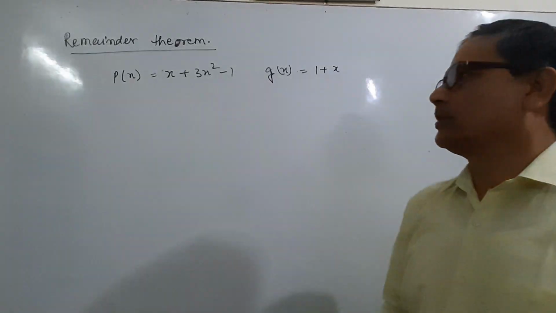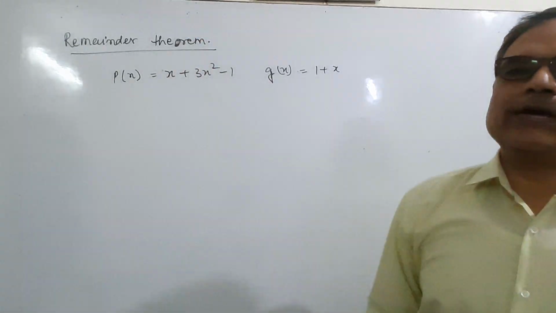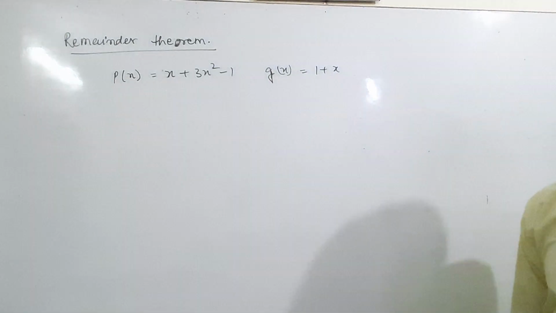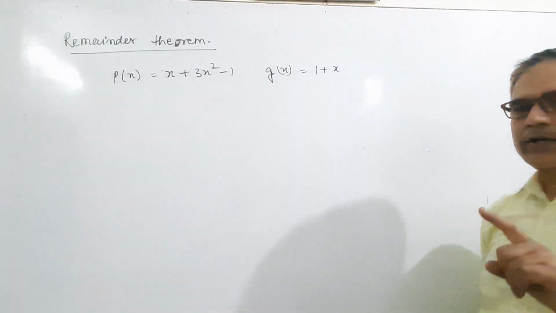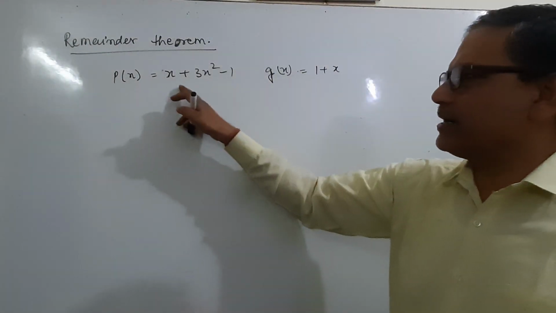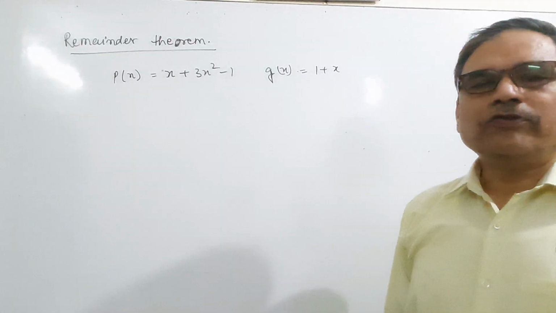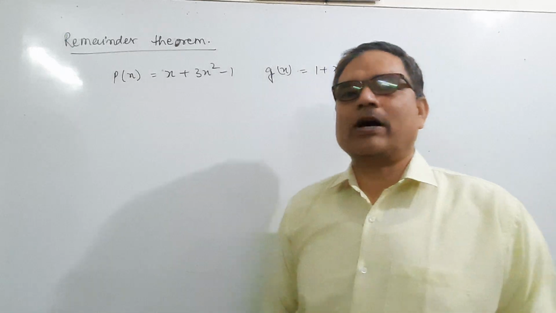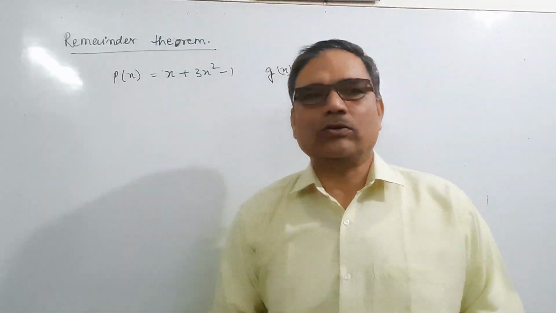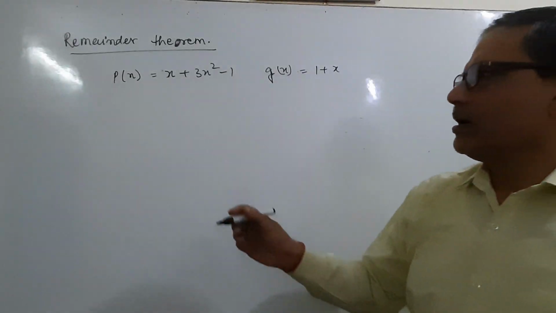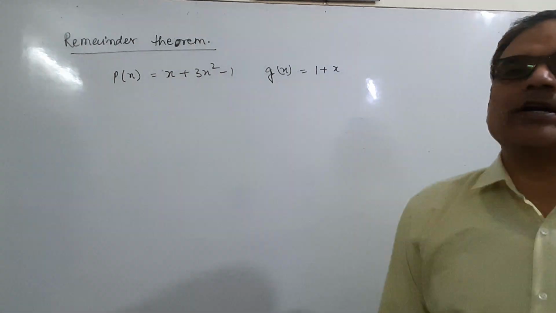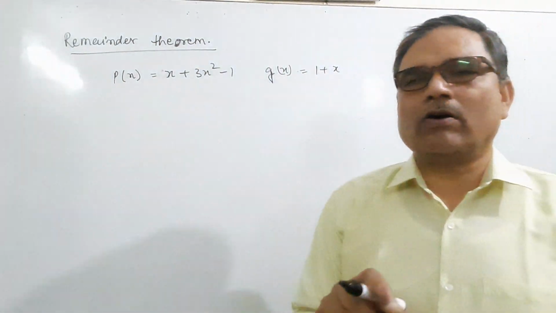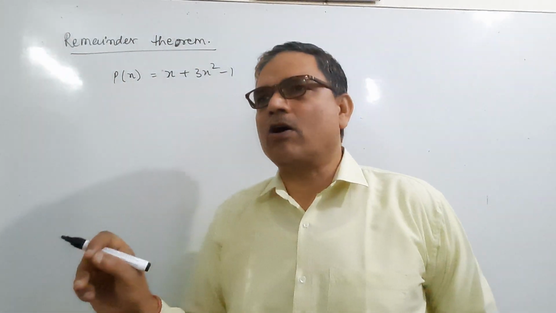Listen carefully. Now I am dividing p(x) by g(x), which is 1 plus x. Here are two terms. If there is one term, then we can divide separately. If there are two terms, then check how we have to divide. And this division you have also done in 8th class. First we have to write p(x) in standard form. Standard form means arrange the powers of a variable in descending order.